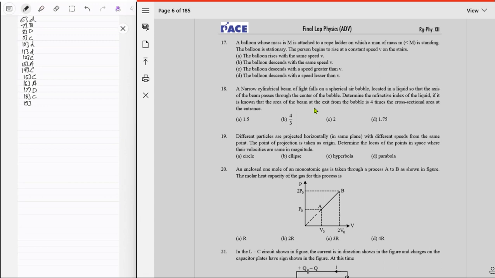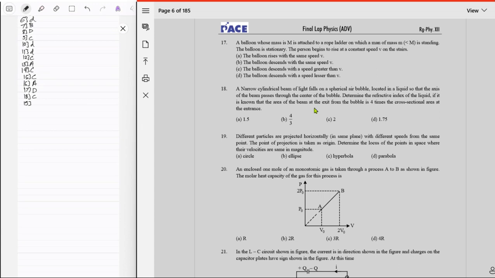Okay. The point projection is taken as origin. Cool. Determine the locus of points in space where their velocities are same in magnitude. What do you mean by that? Points in space. I think दो particles है, right? Okay, so दो particles, उनकी जो speed है वो different है. Okay, cool. Same points से project किया है, fine. The points of projection is taken as origin. The locus of points in space where the velocities are same in magnitude, but